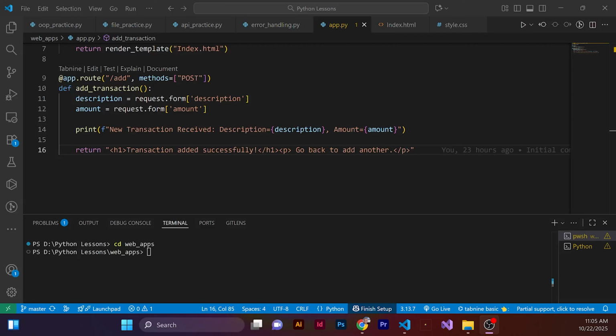All right. Now back to our code. Our mission now is to save the transaction data to the CSV file and then display all past transactions on the home page. First, let's go ahead and create the functions to handle saving and loading, adapting our logic from the old file IO